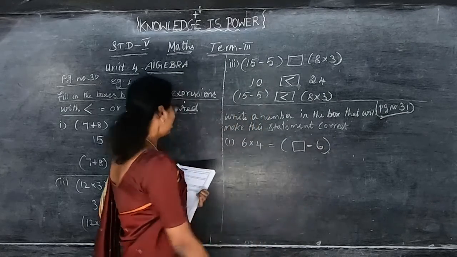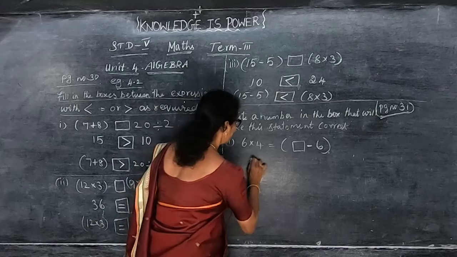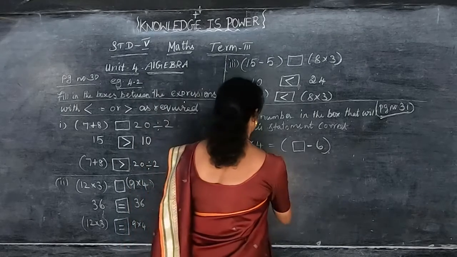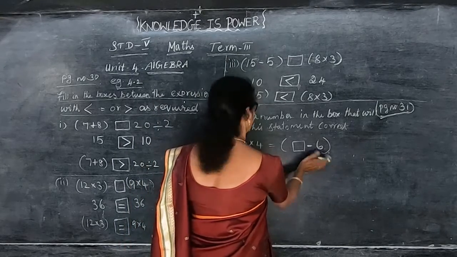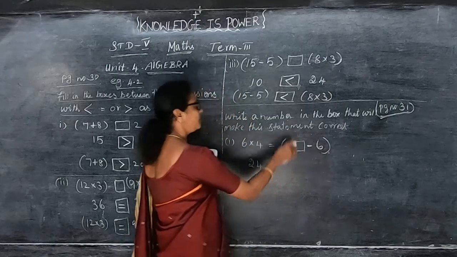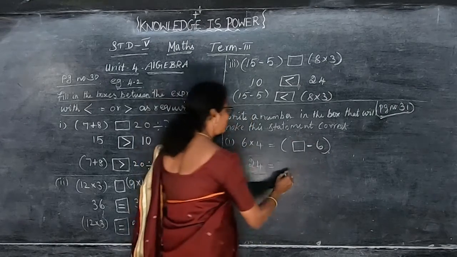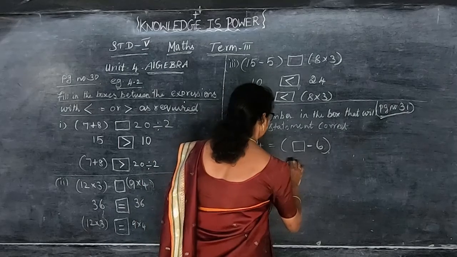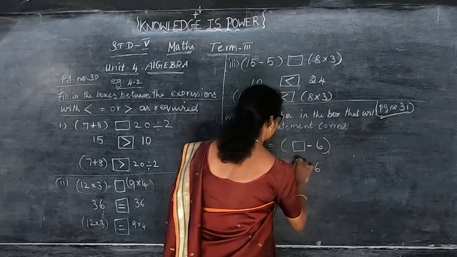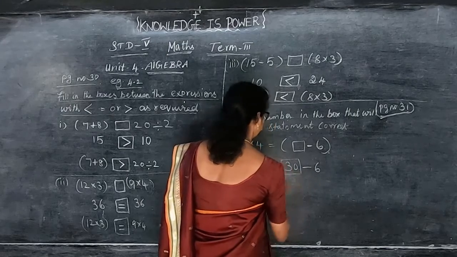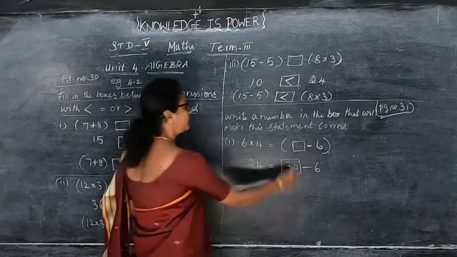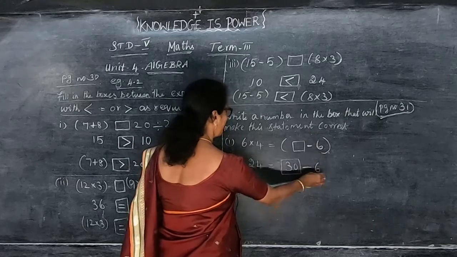So here they have given 6 fours, 6 into 4. So 6 fours are how much? 24. That is equal to, this number has to be equal to it. Now if there is 24 here, there should be 24 here too. So from 6, how much should we subtract to get 24? So what to do, that is 30 minus 6. 30 minus 6, we will get the answer 24. Can you understand, children? So what comes in the box here, 30 minus 6.